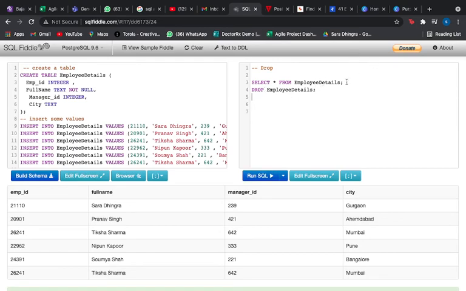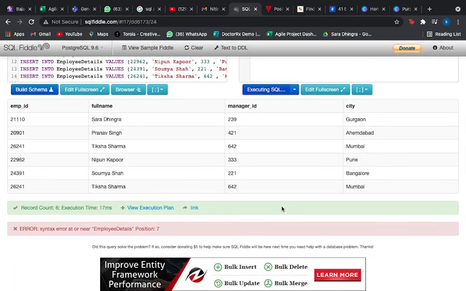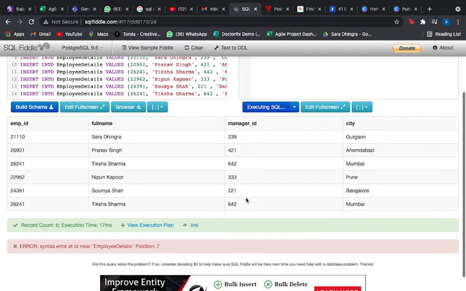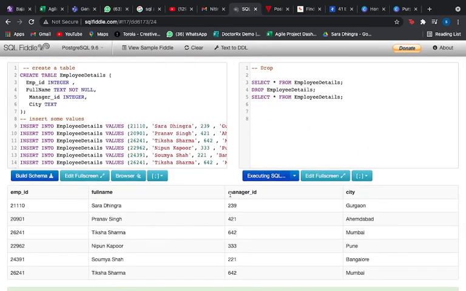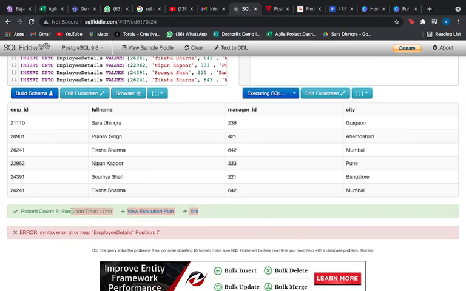I'll run this another one for you. Let us see how our table looks after we are done with the drop employee details. So it is showing me an error now, right? The drop command has been executed. After that, it is showing me an error.